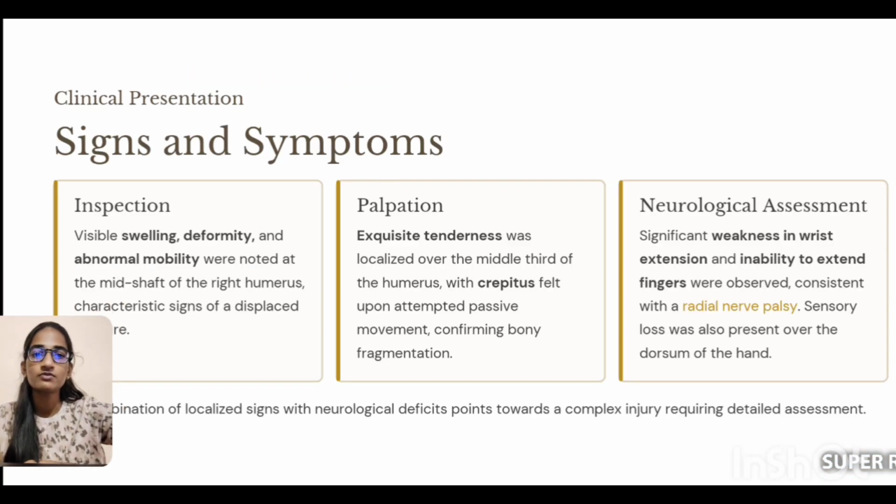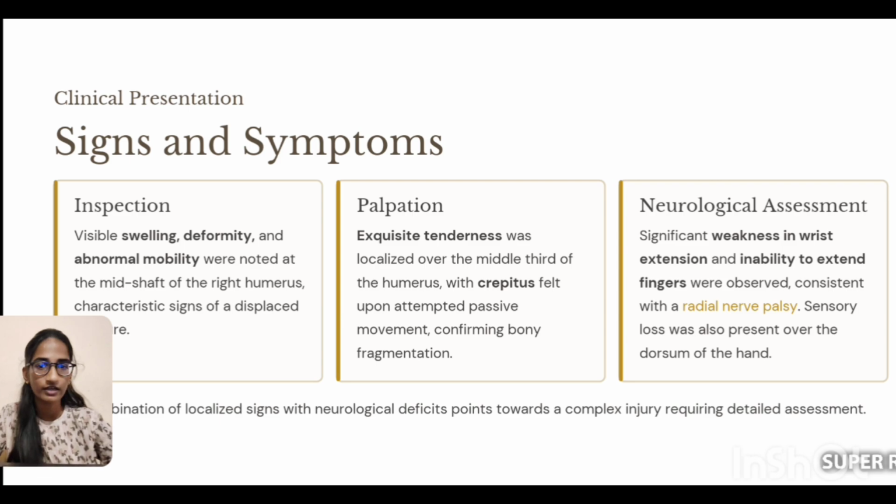On inspection, with the naked eye, visible swelling and deformity and abnormal mobility were noted at the midshaft of the right arm, characteristic signs of a displaced fracture. On palpation, we found the tenderness was localized over the middle third of the humerus, with a crepitus felt upon attempted passive